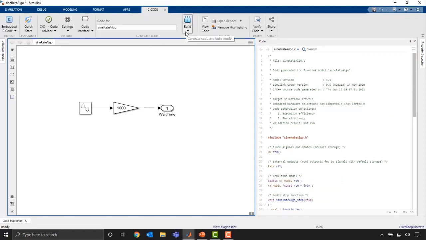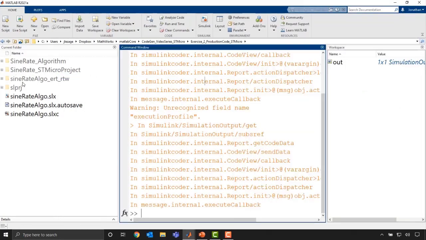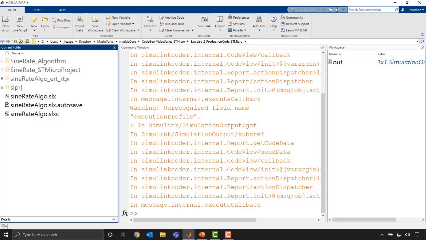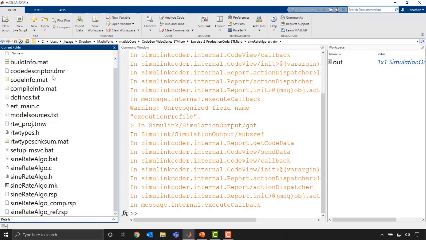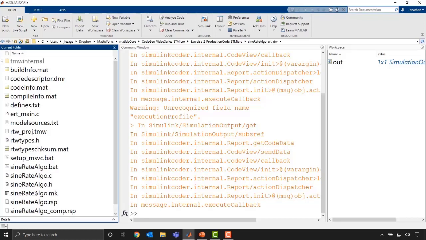There is the option to just generate code. This is very useful if you know you're going to be taking this generated code into a different development environment immediately. Okay. Now, if we go and take a look, when we generated the code, that gets generated into the model name underscore ERT folder here. And it has a few different things. It's got the make files, so if we wanted to compile it, but really there's a couple of key files here, algorithm.c, algorithm.h, and then there's this example main file.